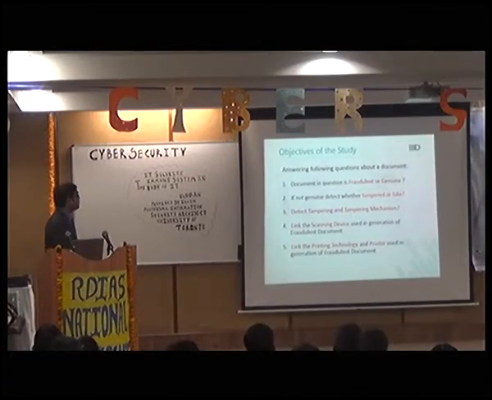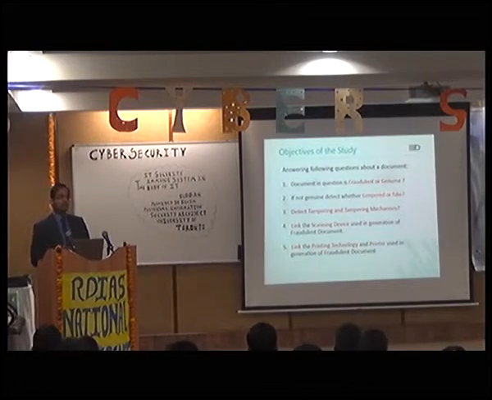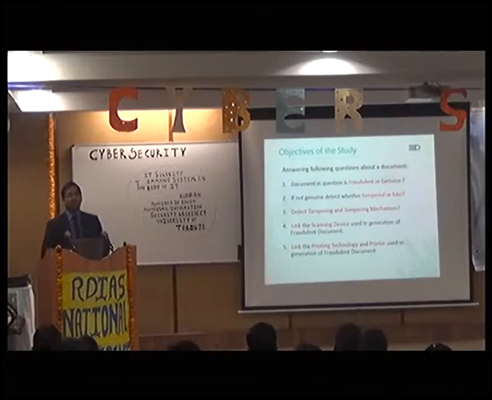So basically the question which we need to answer when a document is given to us is whether it is fraudulent or genuine, and if it is genuine then it's fine. If it is not genuine, then we have to find out whether it is tampered or completely reproduced. Completely reproduced means you have just made a replica, or tampered means you have changed a small portion of it. So we need to find out what the tampering mechanism is, whether somebody has used a color printer, laser printer, or an inkjet printer, or a multifunction machine and so on.